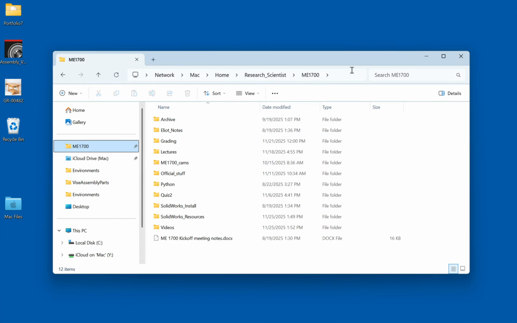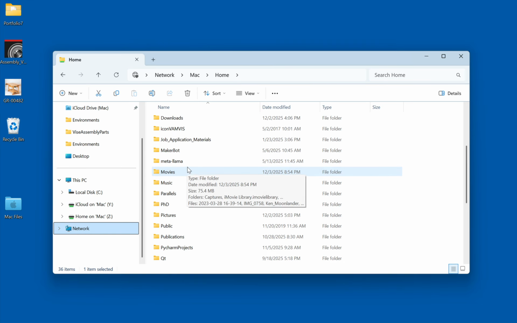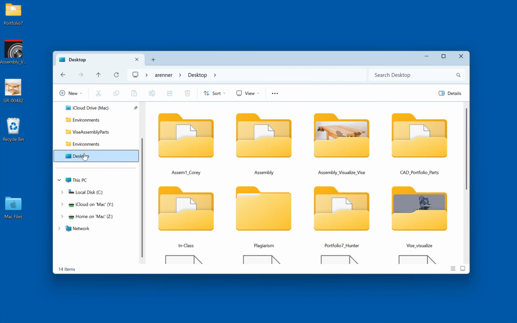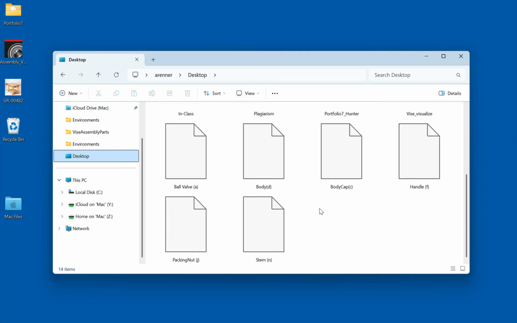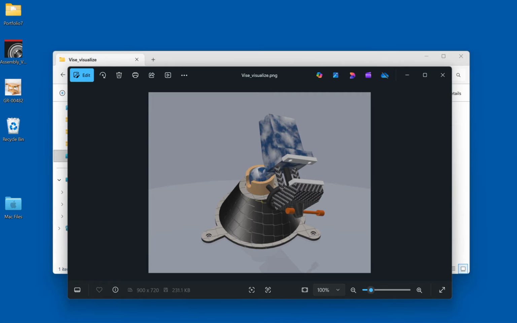All right. There we go. Where'd it go? Oh, here we go. So I'm going to go to Visualize, and it's an image. Open up that image,